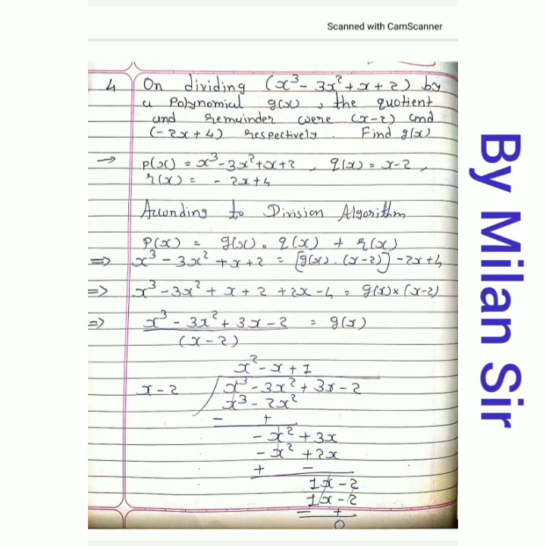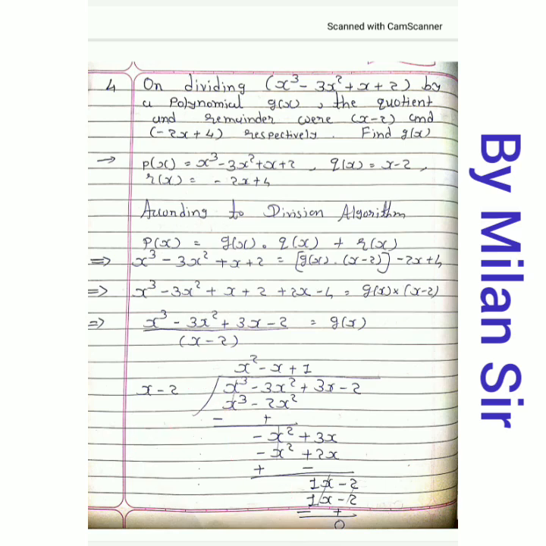Now first term 1x divided by first term x. So our x cuts. Finally we got plus 1. So I have written in the answer plus 1. Now multiply this polynomial by 1. If we multiply by 1, then we get the same answer. So I directly wrote here x minus 2, 1x minus 2.